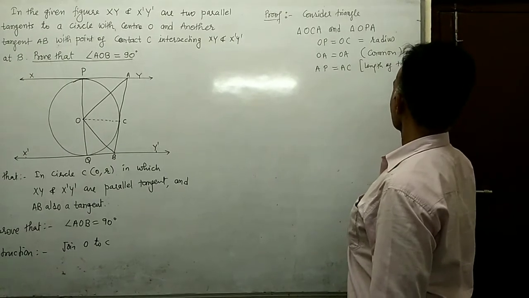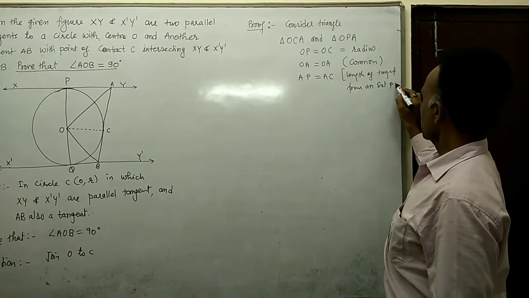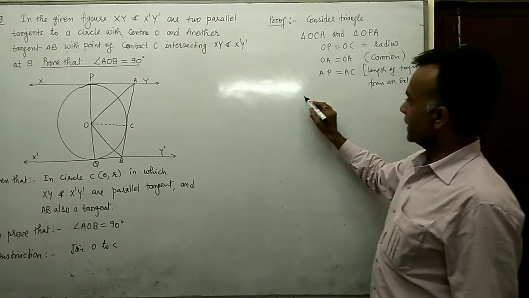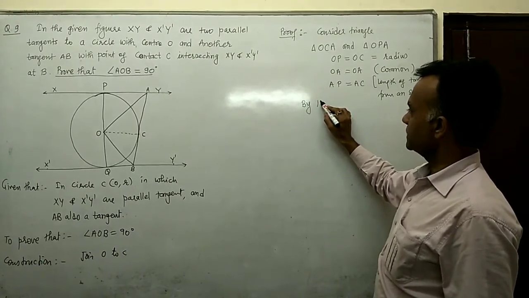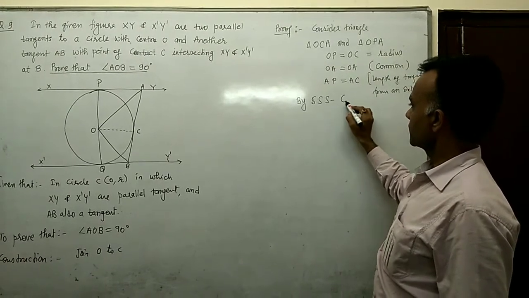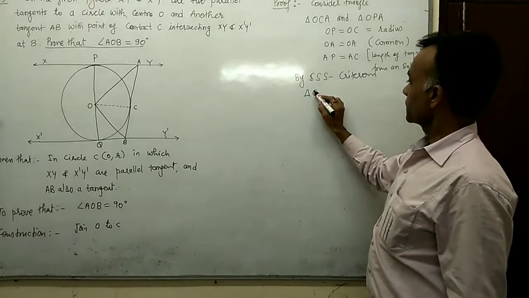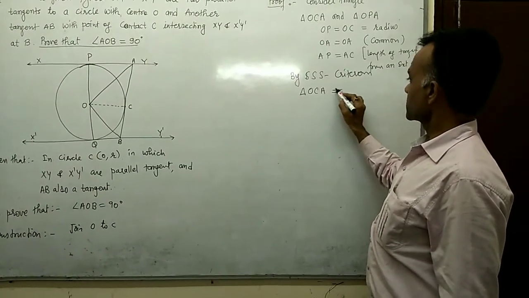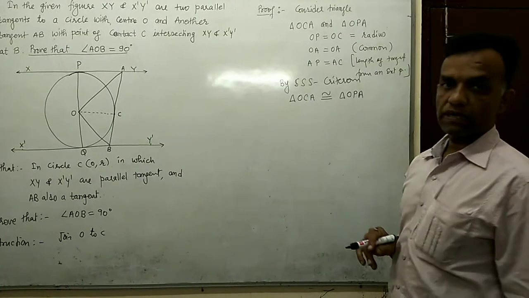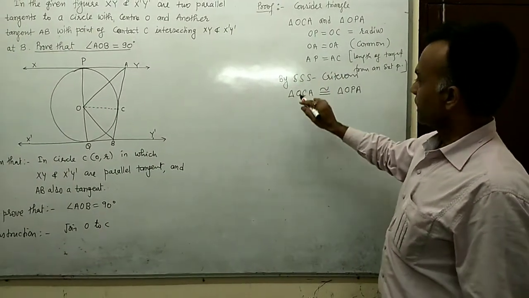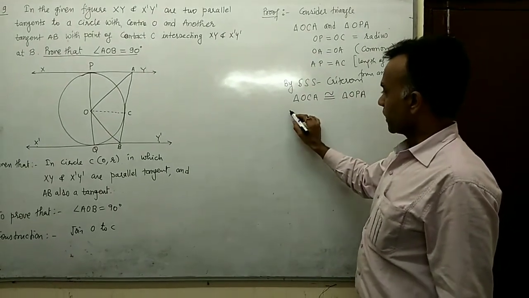Length of tangents from an external point are equal. Okay, so by the side criterion, triangle OCA is congruent to triangle OPA. Because all corresponding sides are equal here, we use the SSS criterion, side-side-side, and these two triangles are congruent. And now by CPCT,